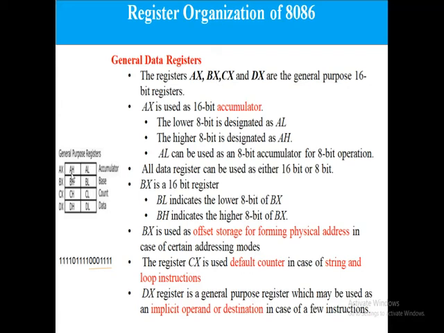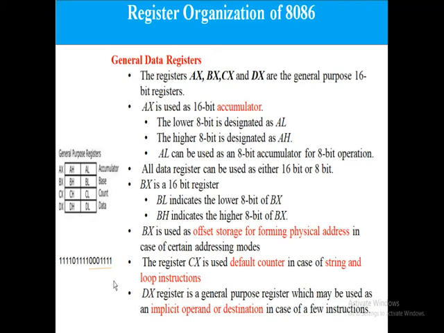H indicates higher order byte, A indicates accumulator. So it is the higher order byte of the accumulator. So it can be used as 8-bit AH or AL register or 16-bit AX register. AL is mainly used as the 8-bit accumulator for 8-bit operations.